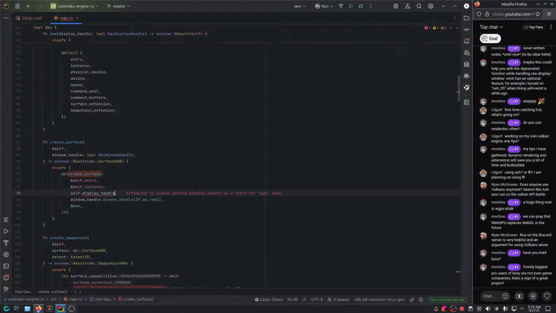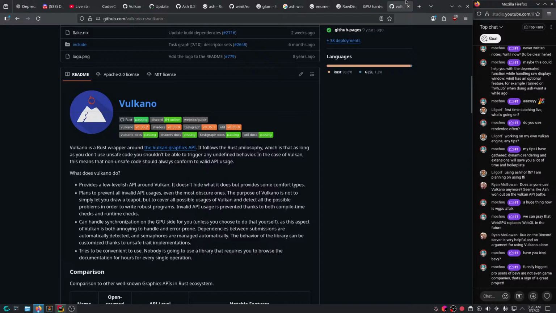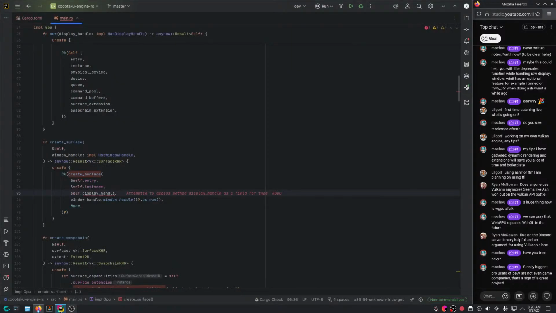Finally, the biggest pro users of Bevy are not even game companies. That's mostly used for simulations and stuff because ECS is very fast. Also the ecosystem around Bevy. That's one thing I also like about Bevy, is that you could literally check out any Rust library, just add it and it would work with Bevy, which is a big plus.